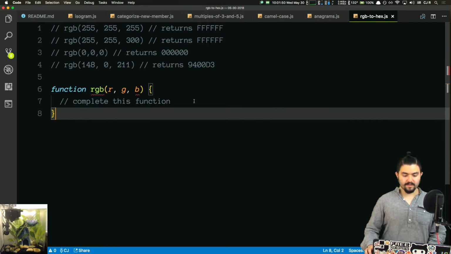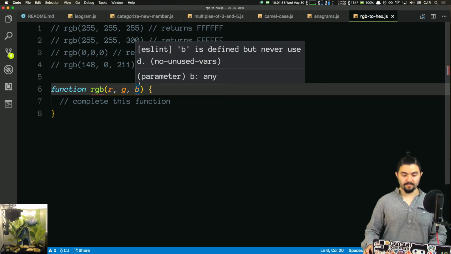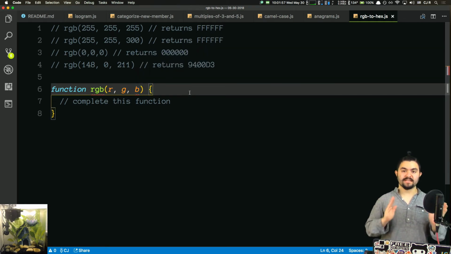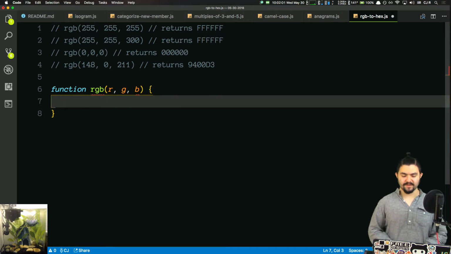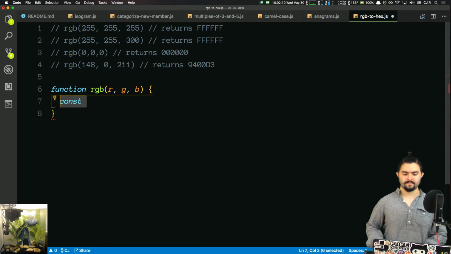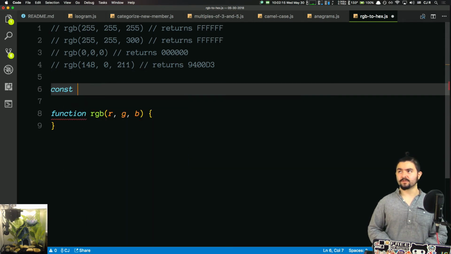Okay, so each one of these variables is going to be a number. First thing is we want to make sure that it's between 0 and 255. So let's write a function to do that, because then we can put each variable through that. So let's call this normalize or within range. So this is going to take in a value,